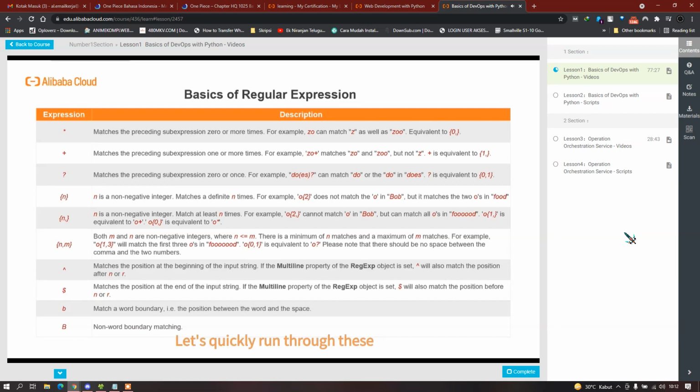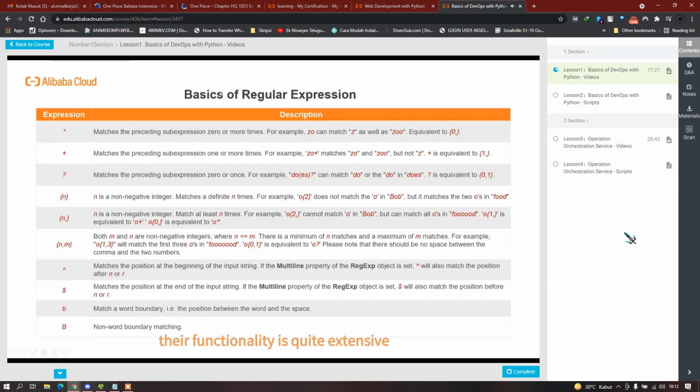Let's quickly run through these. The asterisk replaces multiple symbols, and the question mark is just one symbol. Here means matching n times, which can either include 0 or not. Next is matching between n and m times. This represents the beginning of a string, and this the end. We would use this to qualify the beginning of a string must be a certain symbol, for example. These are some of the commonly used expressions. I encourage you guys to dig deeper or research a bit more on how they work since their functionality is